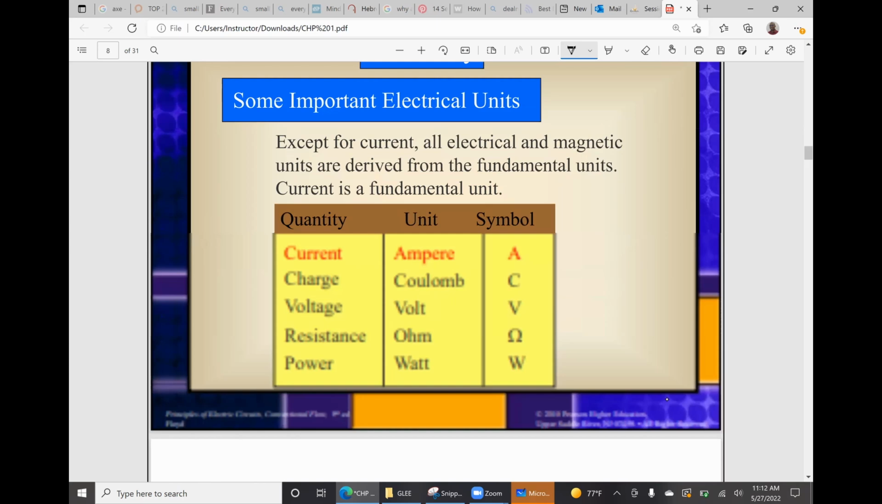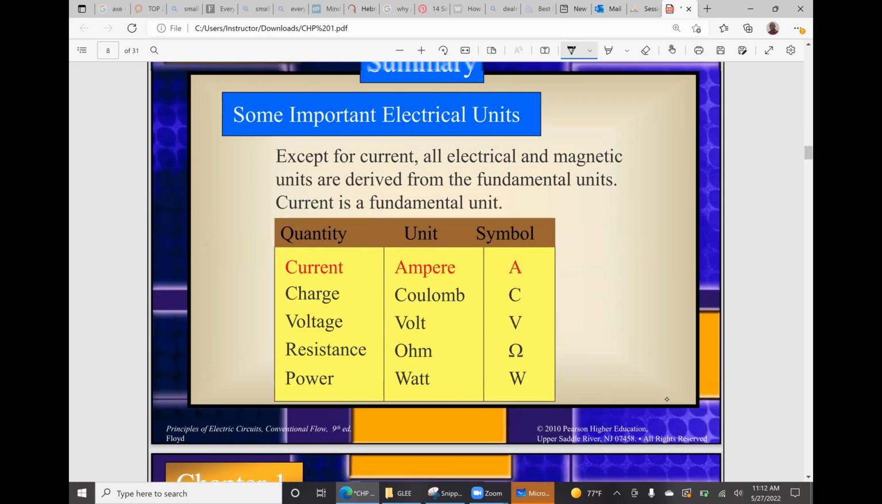Okay, what are some important electrical units? So of course, when we talk about fundamental units, we have the base units, which are the 7 that we discussed earlier, and then we have other units that are derived units from these fundamental units. Except for current, all electrical and magnetic units are derived from the fundamental units. So what are some other electrical units? We have electric current,